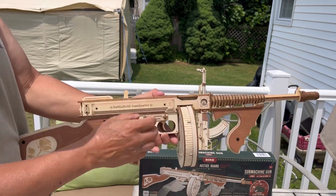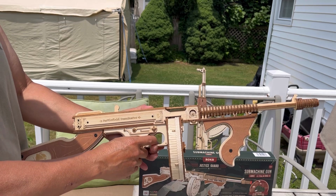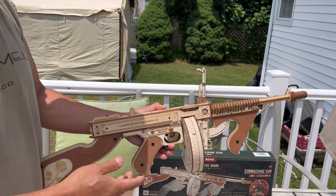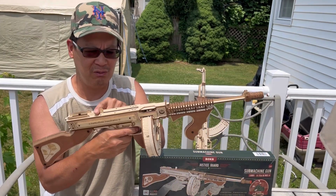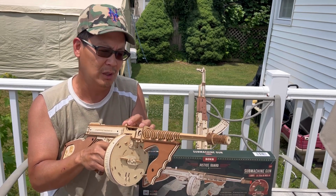You know why? Because the trigger, it's completely free flowing. I don't feel it connected to anything. And I don't remember connecting it to anything. I was thinking to myself, how does the trigger function with this? I didn't connect anything. So I must have missed a step or lost a piece,